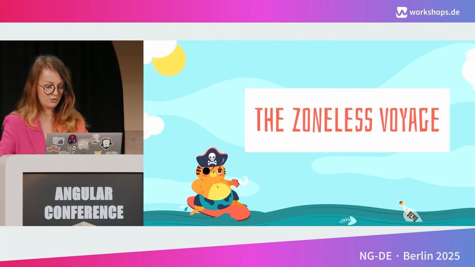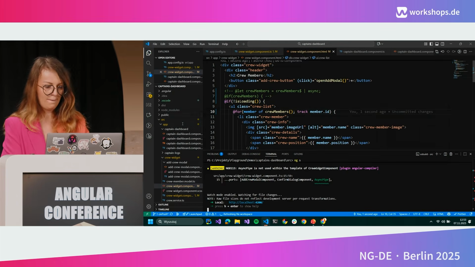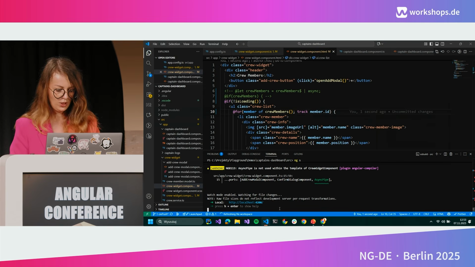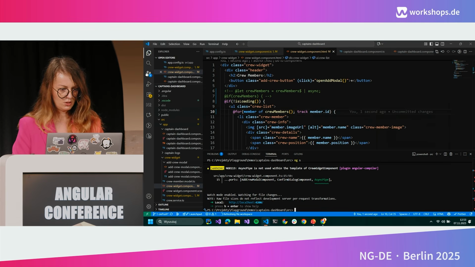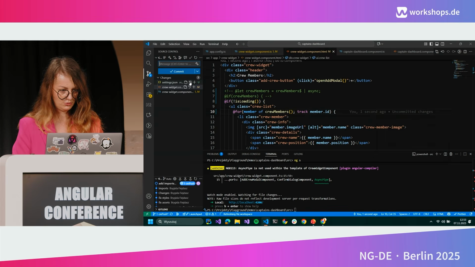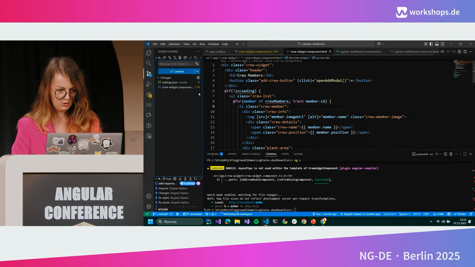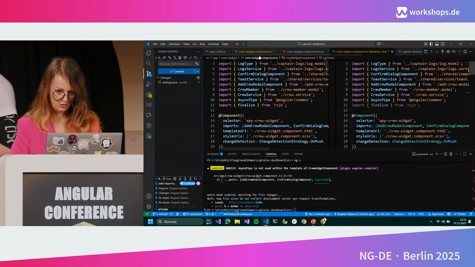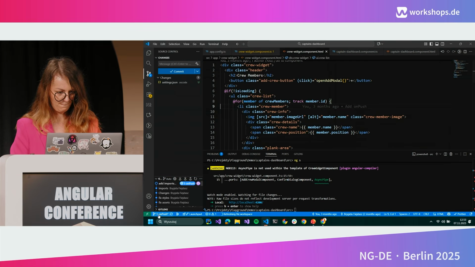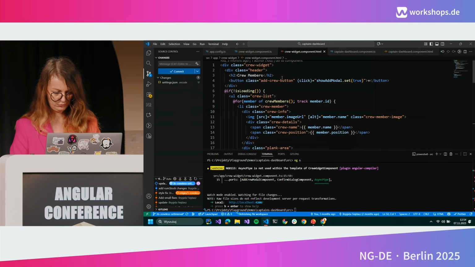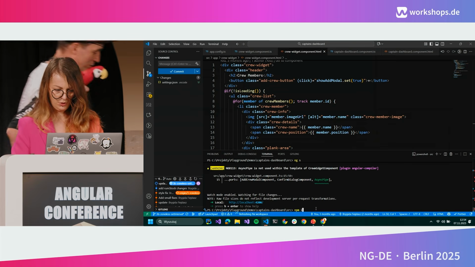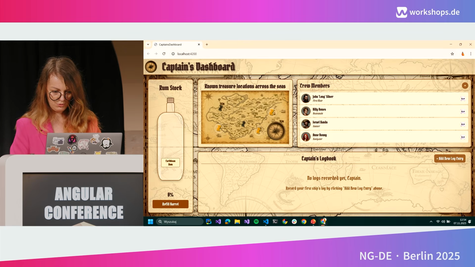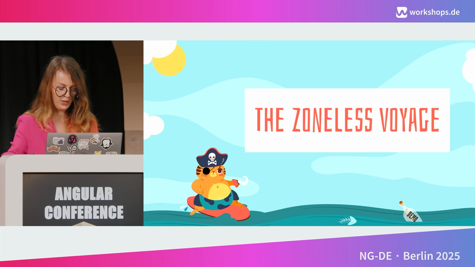So let's make our application zoneless. I will switch to the zoneless branch, but first I need to revert the changes. Okay, revert. Let's move to the new zoneless branch. Okay, we are here. I will run npm install to remove zone.js